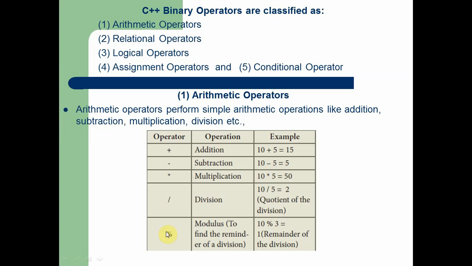These do some other work as well, which we will see. Plus is the operator operating on two values: 10 plus 5 is equal to 15, 10 minus 5 is 5, asterisk 10 into 5 is 50, and division 10 divided by 2 is 5. When we divide, we only consider the quotient of the division,